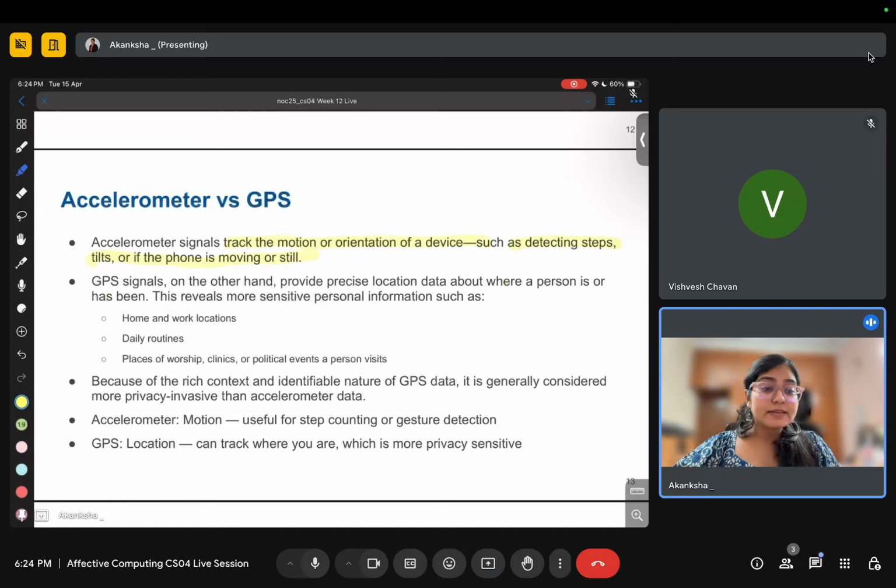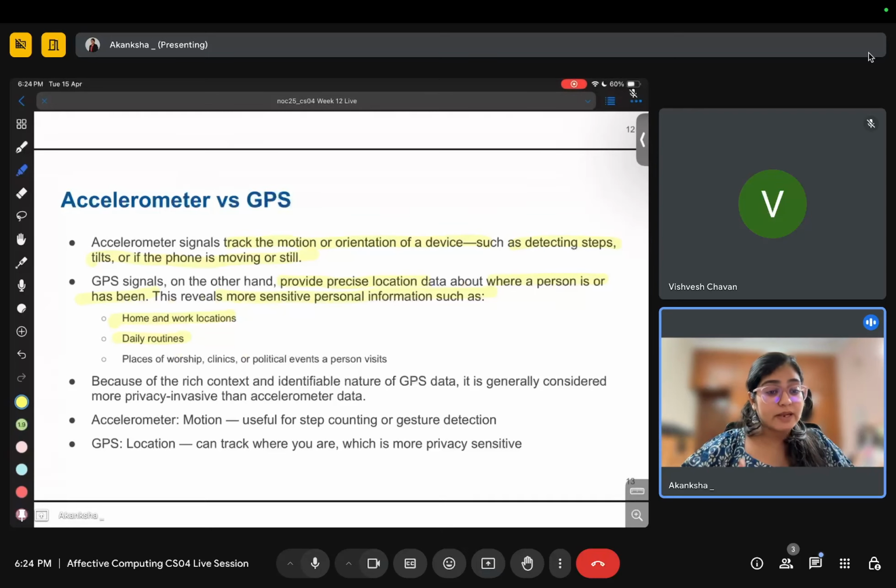Okay. GPS signals, on the other hand, provide precise location data. It will tell that currently Akanksha is present in this sector. And where a person is or has been, even my past data. It reveals more sensitive and personal information such as home and work location.